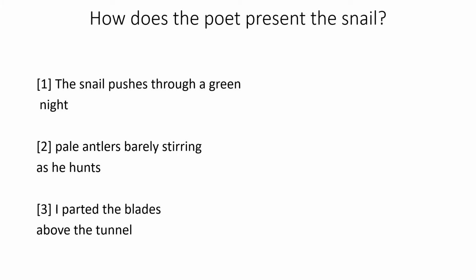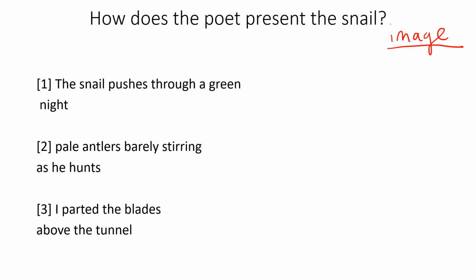So when you've picked out your 3 key images from the poem, it really helps you to narrow and focus and think about what we're saying with the question: how does the poet present the snail? We've now got 3 images, and actually when you're writing about the poem, if you're not sure, you can refer to just the images in the poem, but that is your technical term. Obviously we're going to look at other things in more detail, but it does help you to explain when talking about poetry, because that's what poetry does. It uses lots of images to try and get some ideas and some messages across to the reader. So here we've got 3 interesting images.